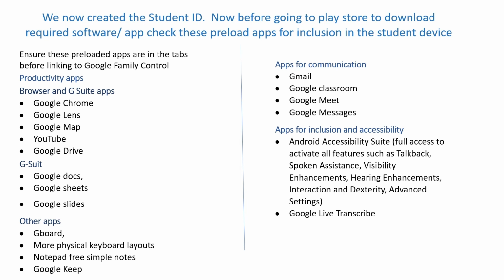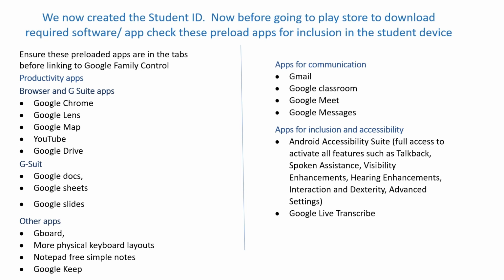So instead of getting into that trouble, let us go with the productivity apps, which is a must in the devices. One is the browser. Google Chrome browser is available, and G Suite apps. Browser and G Suite apps is a bucket of apps: Google Chrome, Google Lens, Google Maps, YouTube, Google Drive. Then comes the G Suite: Google Docs, Google Sheets, and Google Slides, which are the equivalent to Microsoft Word, Excel,